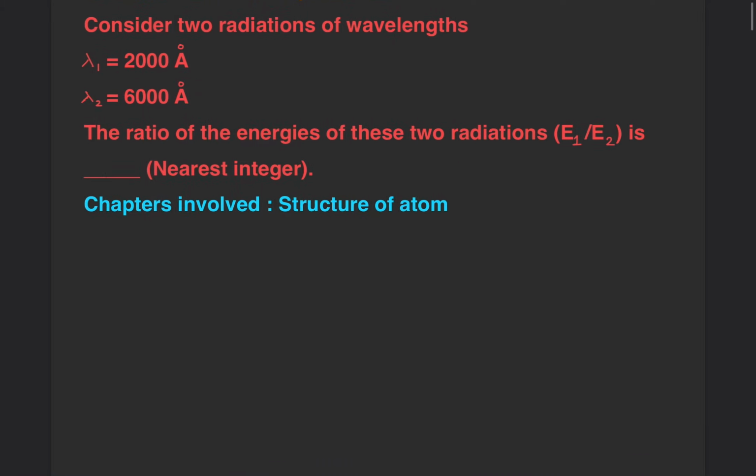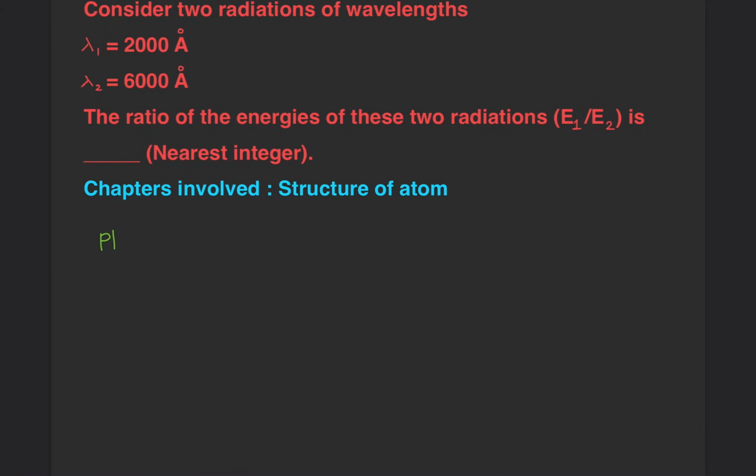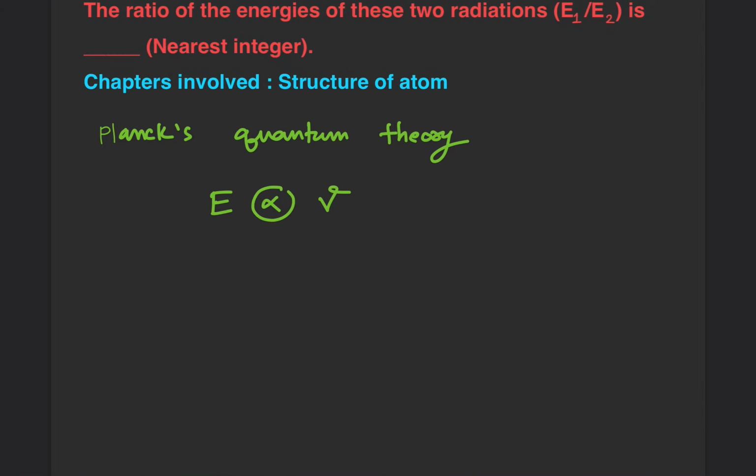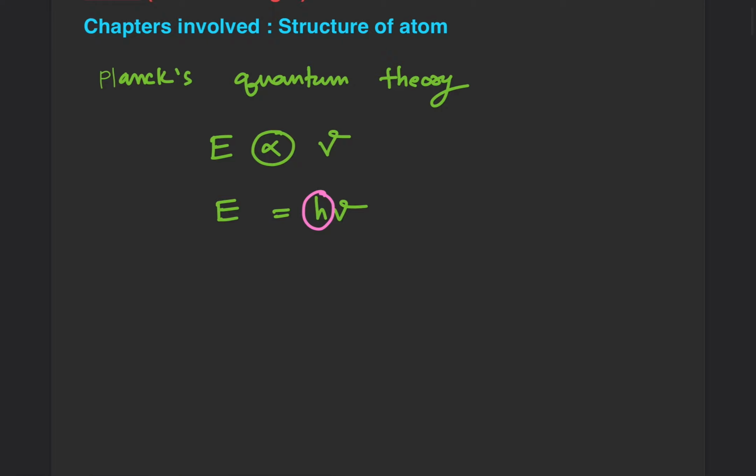So we know that according to Planck's quantum theory, energy of each quantum, okay, a quantum is a small discrete packet of energy. So according to Planck's quantum theory, energy of each quantum is directly proportional to the frequency of the radiation. So I can write E is directly proportional to nu, okay, or to remove this proportionality, I write E is equal to h into nu, okay. So this h is the Planck's constant,